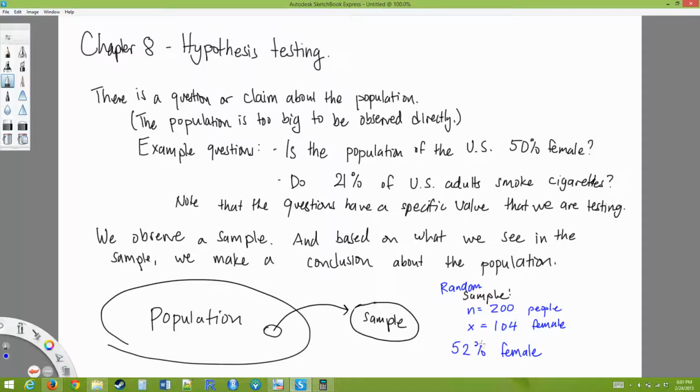So based on this, are you going to side with this person that says the U.S. is 50% female, or are you going to side with the person that says the U.S. is more than 50% female? Or are you going to say, well, I don't know. We're going to say either way. Is this making more sense? So